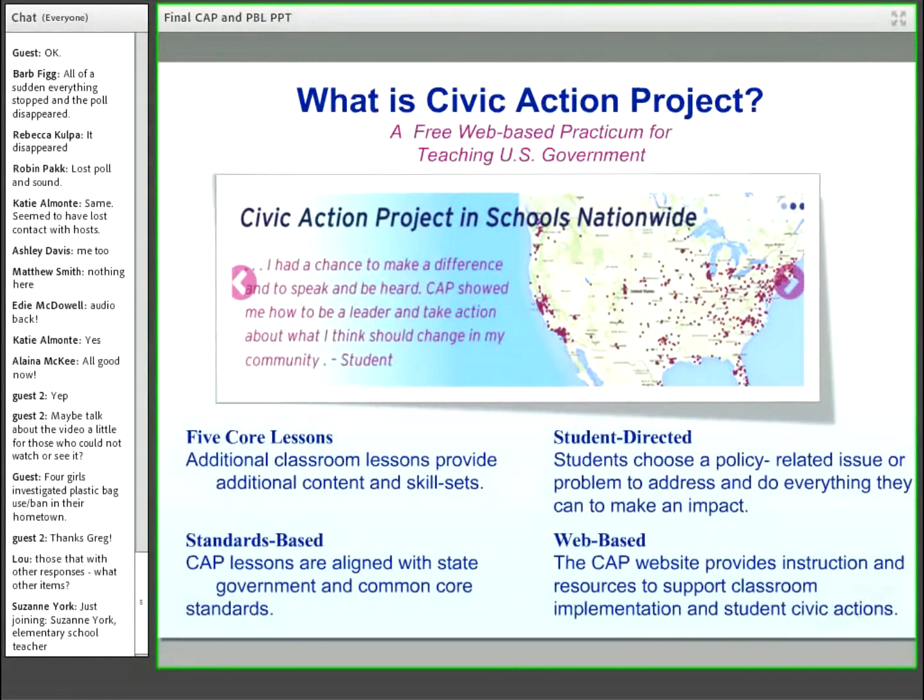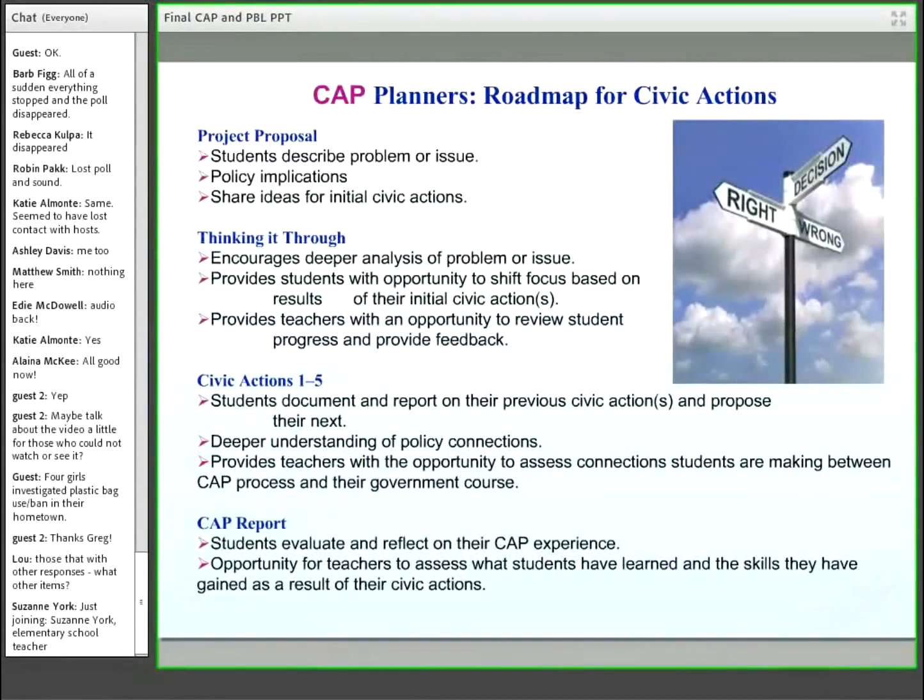from the CAP website. So as Greg mentioned, there were those 5 core lessons that provide the content for the students. Well, the planners are another key component of CAP. They work in conjunction with the lesson. And as you could tell from the video that the students produced, it pretty much follows this format. There's a proposal, they're thinking it through, there's the civic actions along the way, and then it ends with the report. The proposals, where the students start, they describe their problem or issue, that connection to policy, they also have